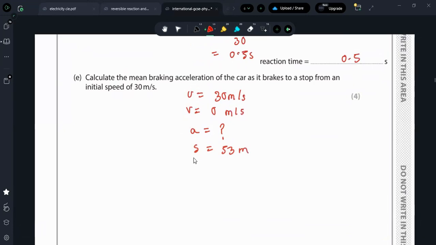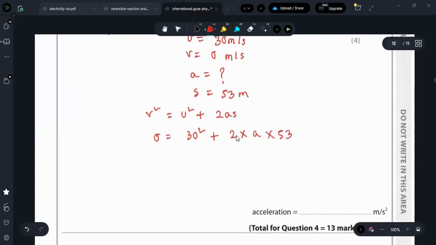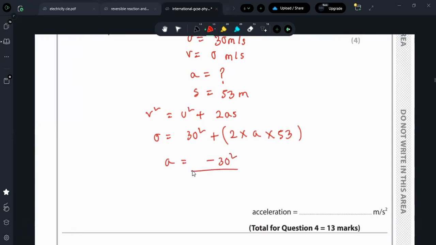We have v, u, s, and a. So this is relating to the formula v square equals to u square plus 2as. v is 0. u which is 30 square plus 2 into a into 53. If I rearrange, acceleration will be minus 30 square divided by 2 into 53, which should give me minus 8.5